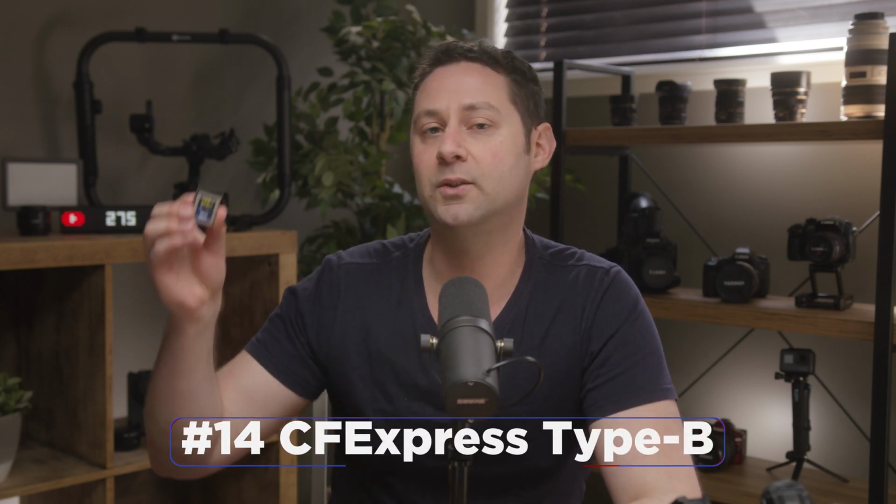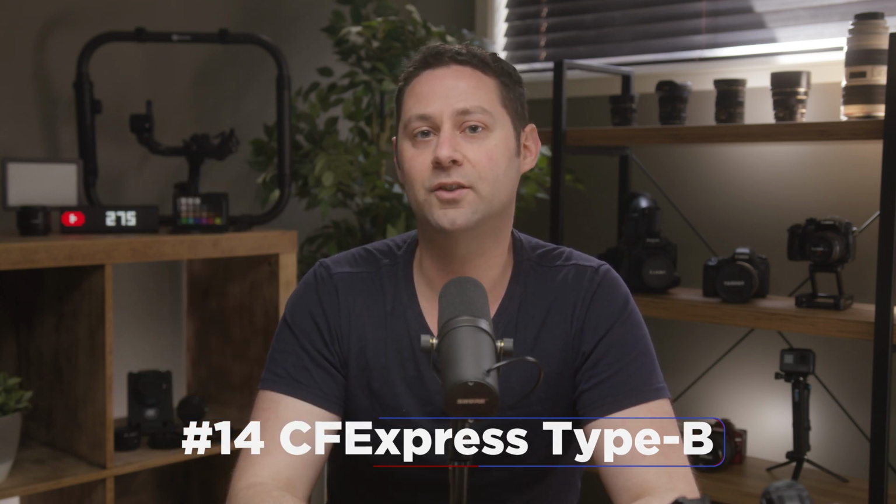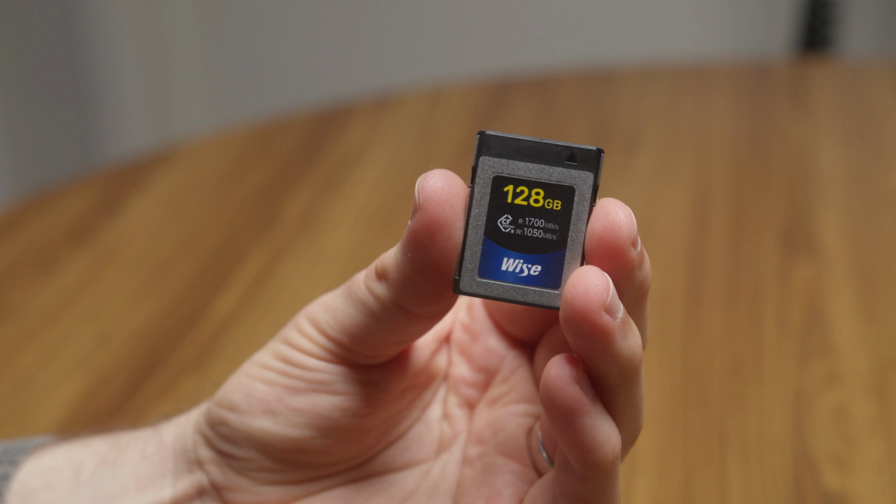And with a firmware update to the Panasonic S1, you can now use CFExpress Type B cards. And recently I've purchased the o.i.s Advanced 128GB CFExpress Type B card, and boy is it fast. I found that these cards are reasonably priced for the speed that you're getting. So if you want that extra speed, then a CFExpress Type B card might be something that you'd be interested in checking out. They are more expensive than typical SD cards that work with the Panasonic S1, but if you value having that faster transfer speed after a shoot so you can start editing quicker, this might be something that